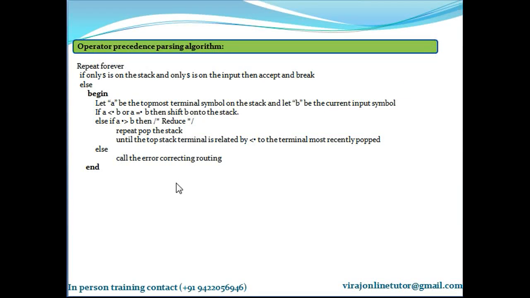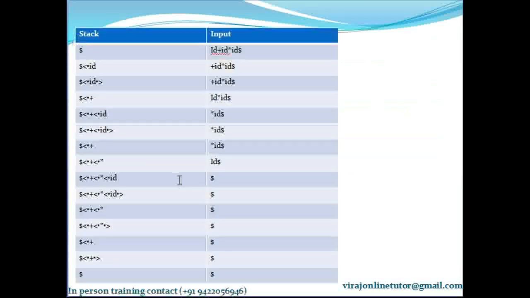and this is the operator precedence parsing algorithm, which I explained with this example. What did I say? If you encounter less than or equal to, place it on the stack, but as soon as you encounter a greater than sign, keep on popping the stack elements till you encounter the first less than. That's why these three elements go away. If it is less than or equal to, keep on pushing elements on the stack, but if you encounter a greater than sign, keep on popping stack elements till you encounter the first less than.